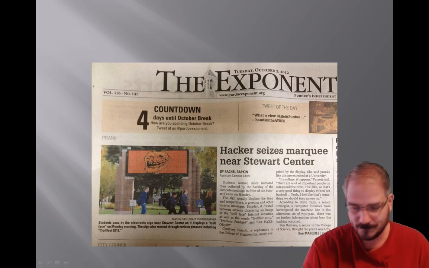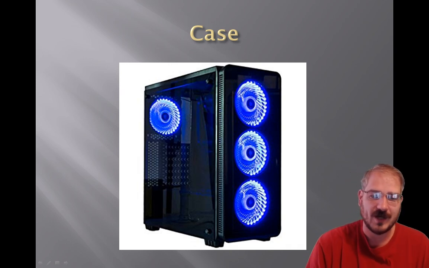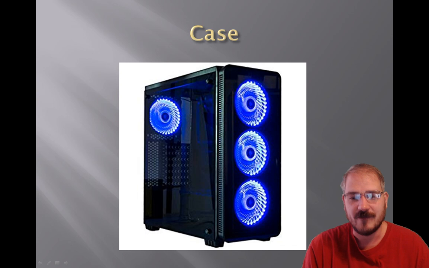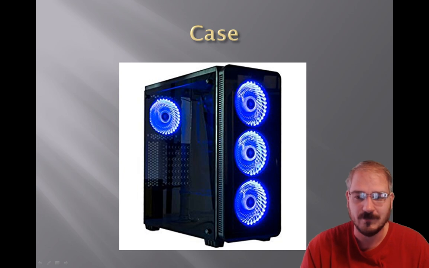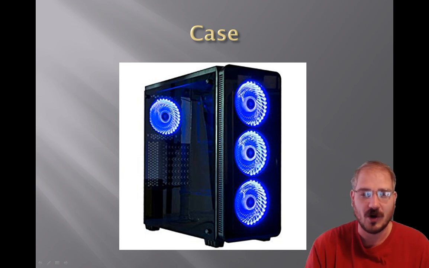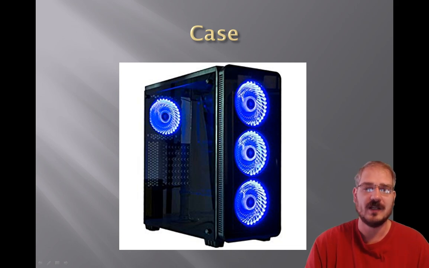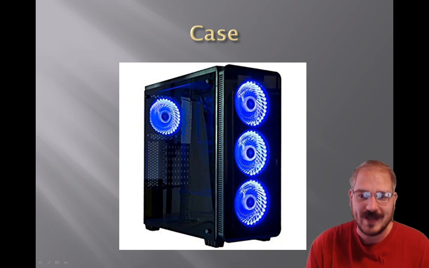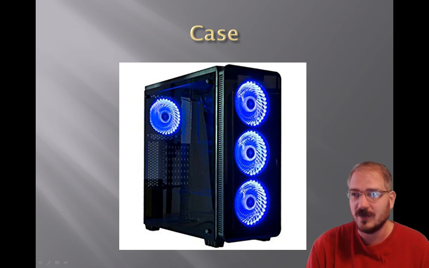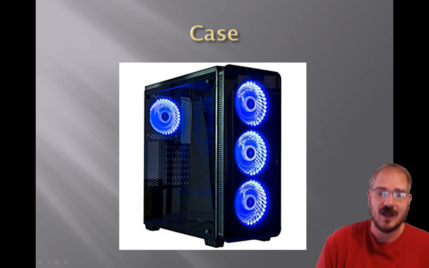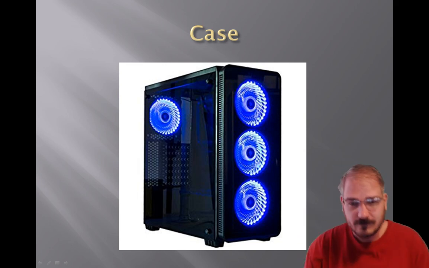Okay. So, first thing we got to talk about when talking about hardware is the case. Now, the case is usually very simple. It's just a metal or plastic container for the other parts of the computer. The only really moving parts on these are usually fans, because computers generate a lot of heat, so we have to dissipate that heat somehow. Fans are the easiest way to do it, so cases can have anywhere from 1 or 2 all the way up to half a dozen or more of these case fans. And the faster your computer is, the hotter it's going to get, so the more we need to dissipate that